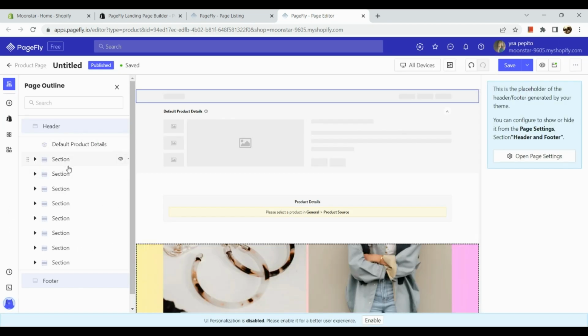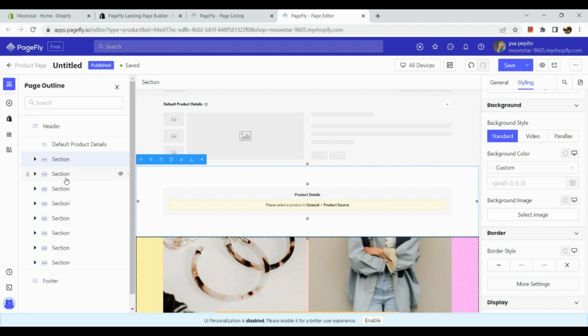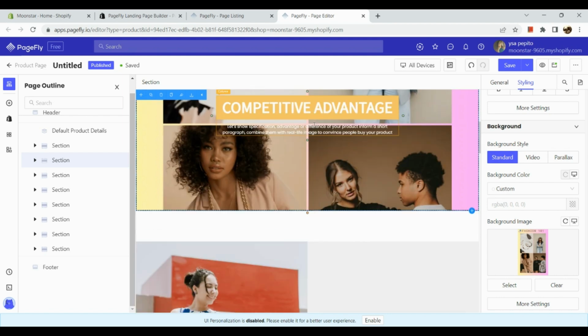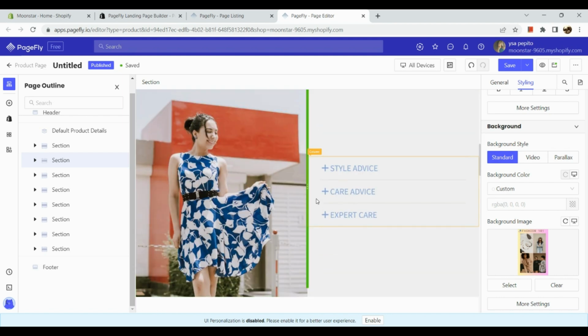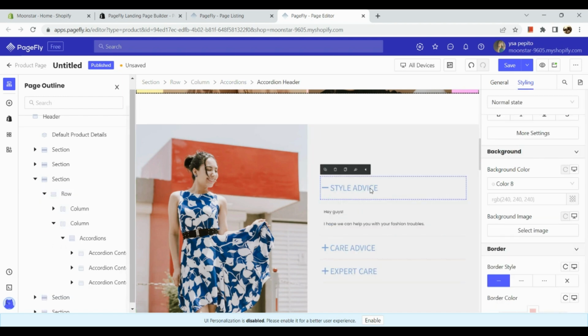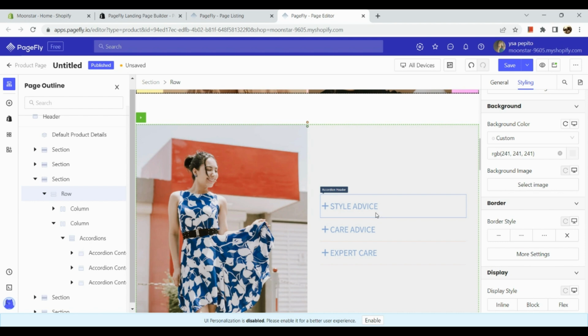You can see there's the header, the section, the section part as well, and whatnot. So here, for example, if I want to edit this page, this is our third section basically, and I want to edit this